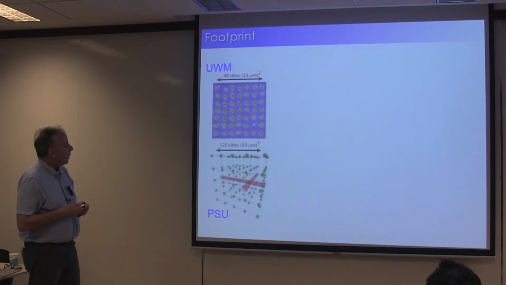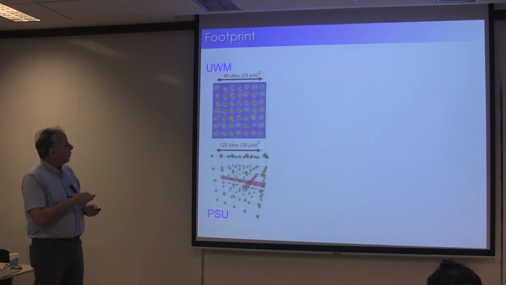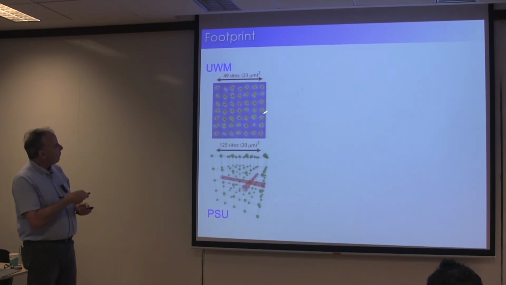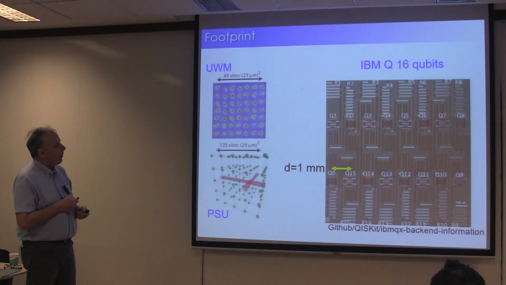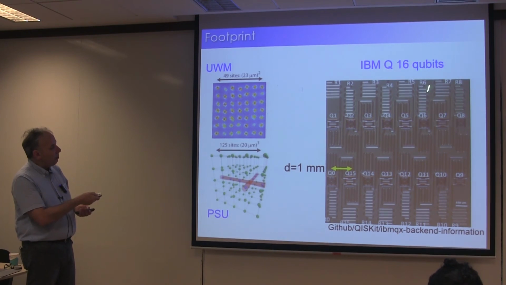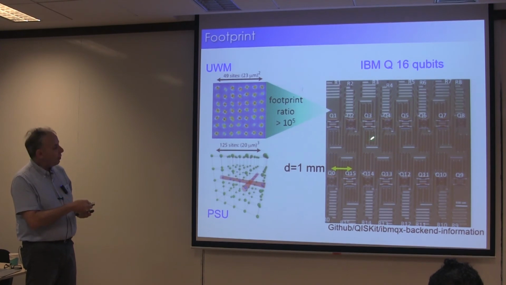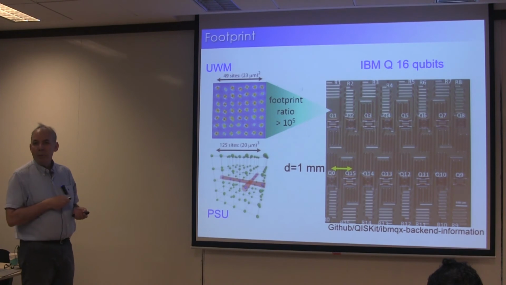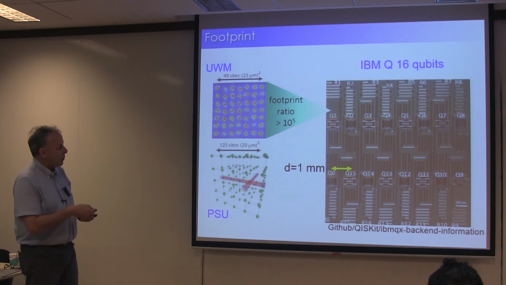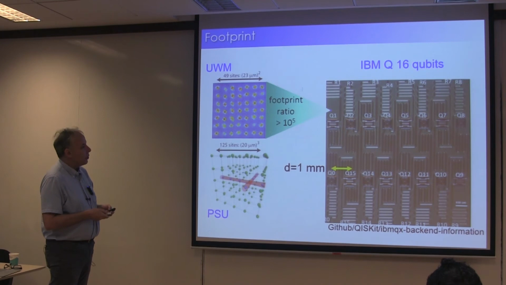Why are we optimistic about neutral atoms? One aspect is footprint. Our footprint for these things is relatively small, about 20 microns on the side, both in the 2D experiment in my lab and the 3D experiment at Penn State. It's kind of fun to compare that with, say, superconducting circuits. Here's an IBM 16 qubit chip. This is a millimeter scale, and so the footprint ratio is enormous. You could fit 1 million neutral atom qubits onto that same size as this 16 qubit chip, whereas 1 million of these would be a very large device.